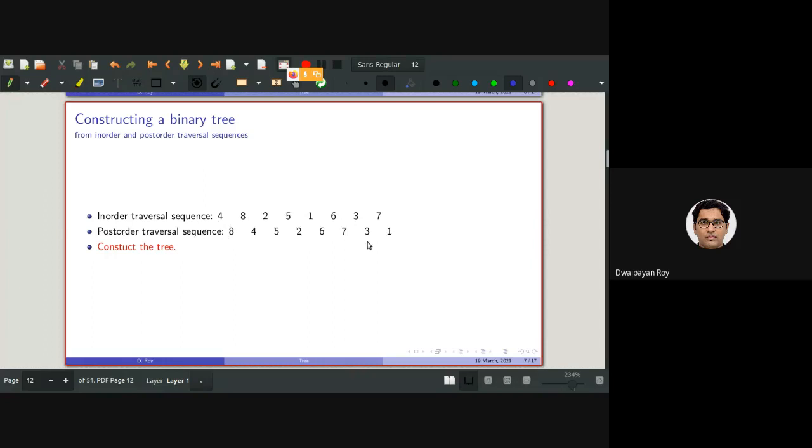And the post-order traversal is this. Can we construct the tree for which the in-order and post-order traversals are this? Note that earlier it was in-order and pre-order. Now it's post-order. For in-order, it is left, root, right, and for post-order, it is left, right, root.